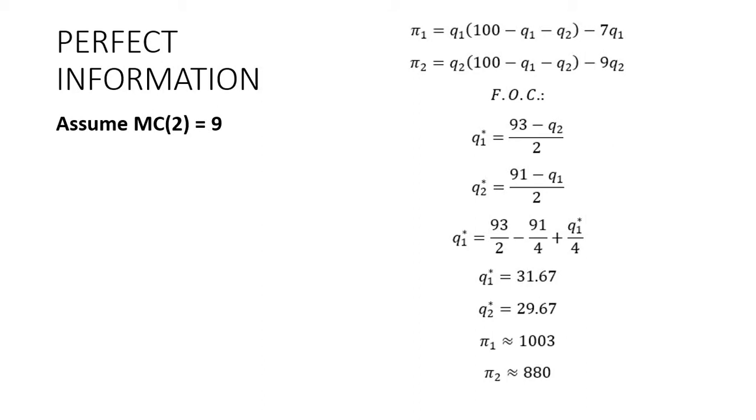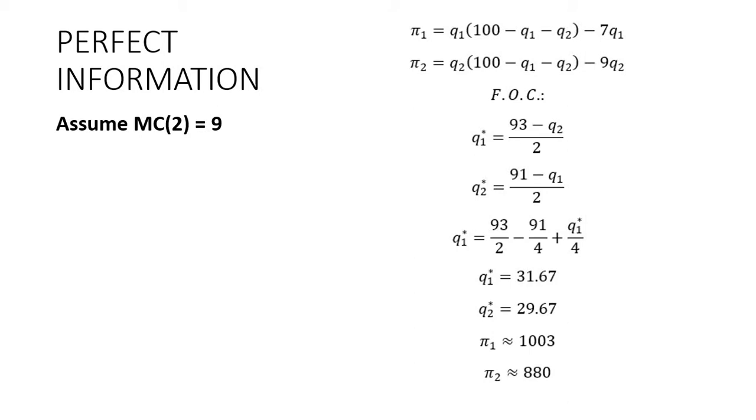So first we need to figure out the profit functions of the first and the second firm. As you remember, pi1 is equal to q1 times the market price, or inverse demand function. This expression stands for total revenue, minus total cost, so average total cost times quantity. Because marginal cost is constant, it is also equal to average cost, average variable cost. But okay, this is just a technical issue.